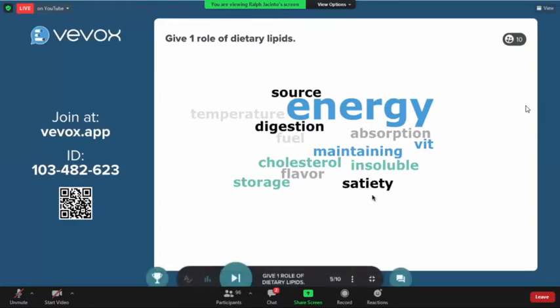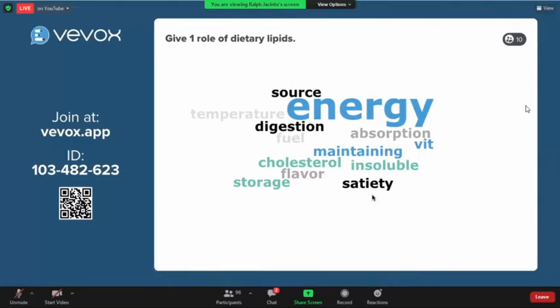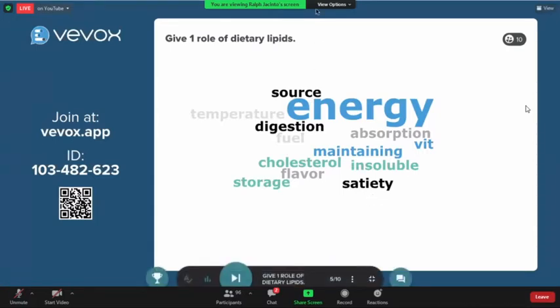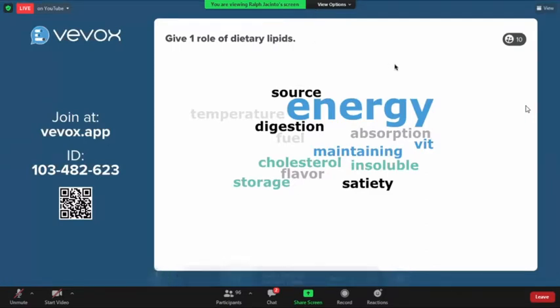Another thing is satiety. So a high fat meal, I think you will learn this in physiology. A high fat meal would decrease the motility of our gastrointestinal tract, thereby making it more full. We have this sense that makes it more full. Okay, so we tend to eat less. The others are somewhat self-explanatory.